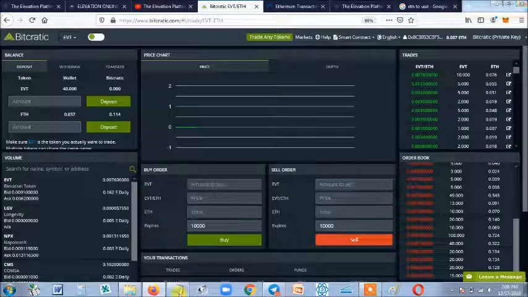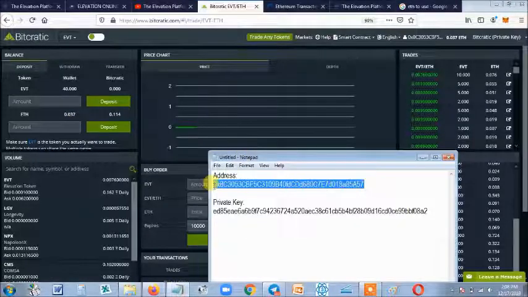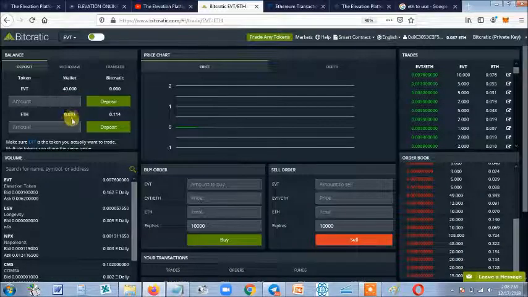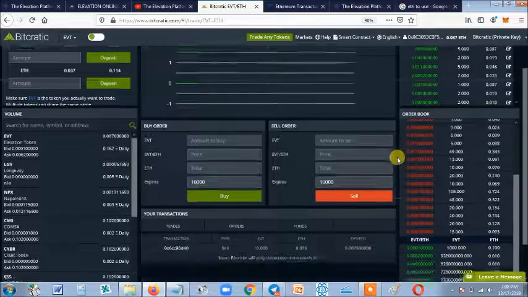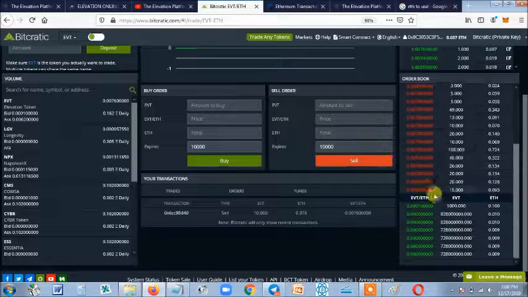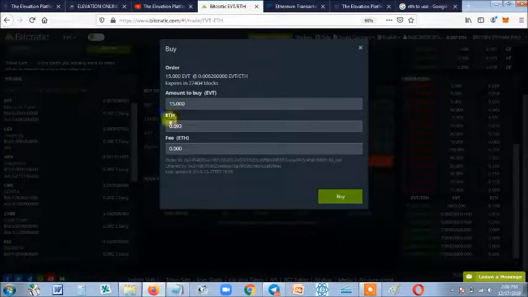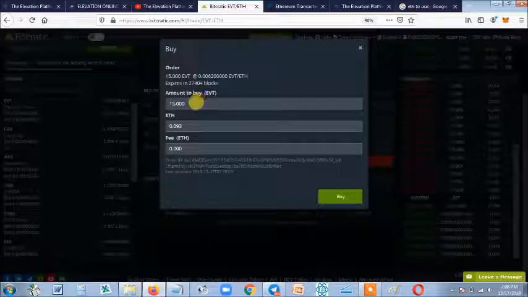So I will first of all send Ether to this address. It will appear on the exchange, and then I will now deposit it. It will appear on my wallet here. Then I will now deposit into the exchange. So what I need to do is very simple. I can come here and pick this trade. It's a cheap trade. Now the exchange will start to tell me this person wants to sell 15 EVT for